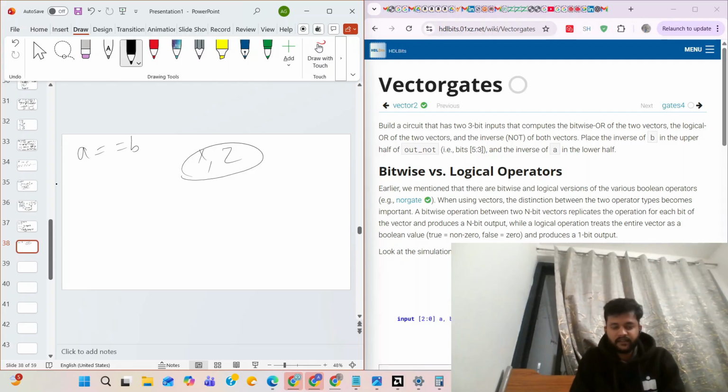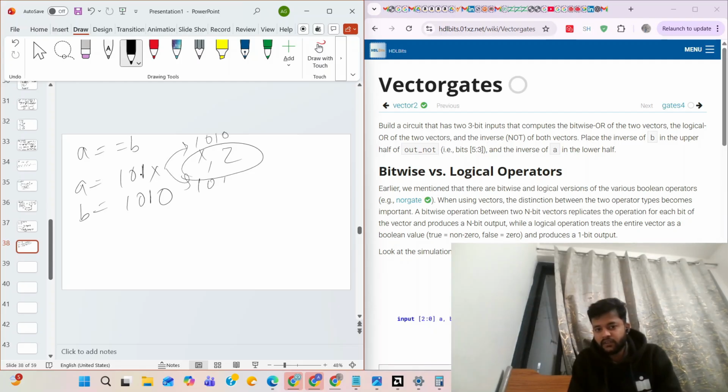Let's say A's value is 101X and B's value is 1010. If we compare them, it can arise to two cases, 1010 and 1011.